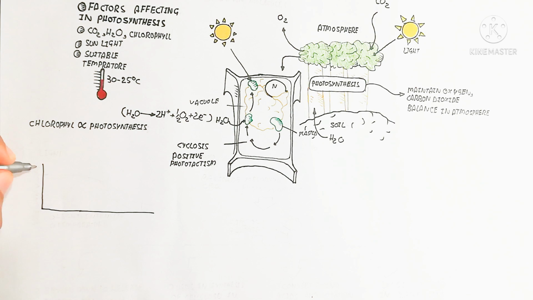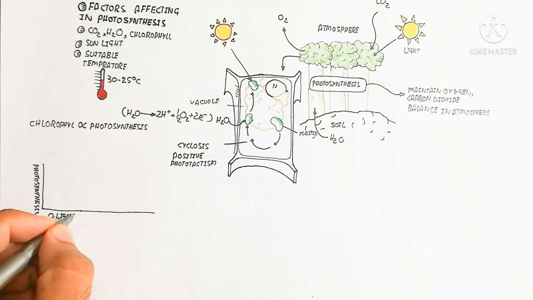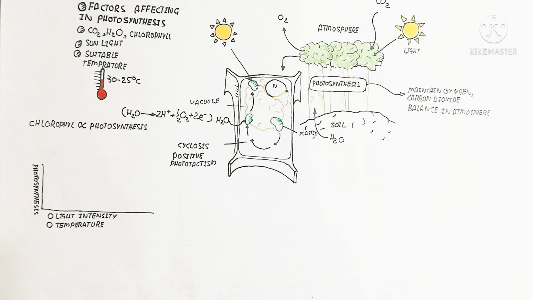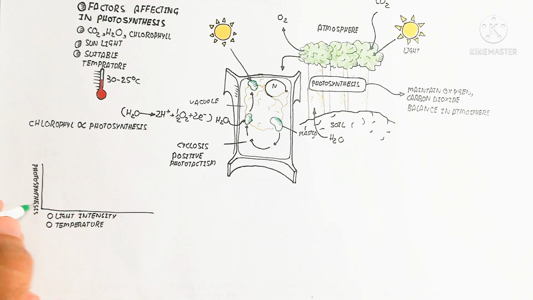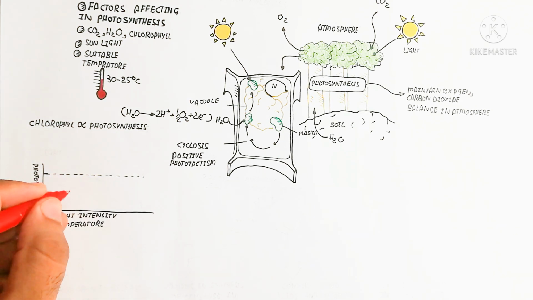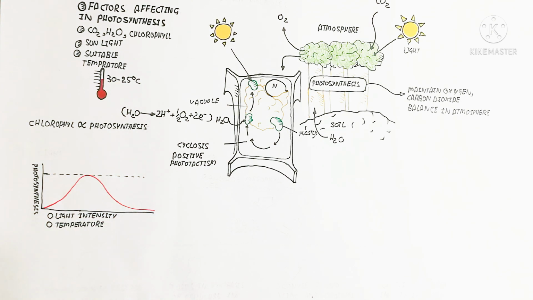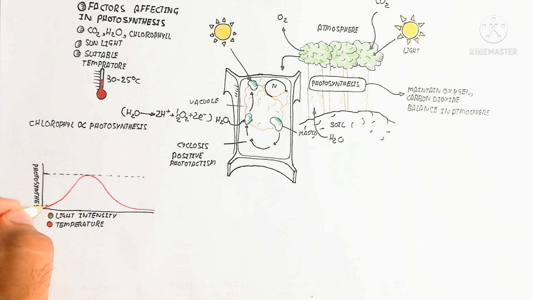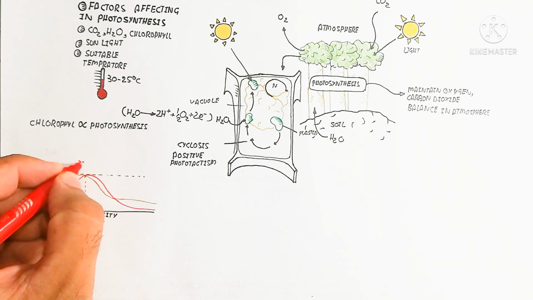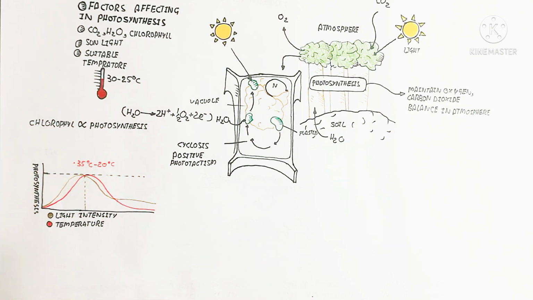Here I am drawing a graph to understand photosynthesis. Vertically it shows the intensity of photosynthesis, while the light intensity and temperature are on the horizontal axis. When photosynthesis is high, I am drawing the line in green color, which shows the highest photosynthetic process. In this process a temperature of 20 to 35 degrees Celsius is important, shown in red color. After this, increasing the temperature decreases photosynthesis.